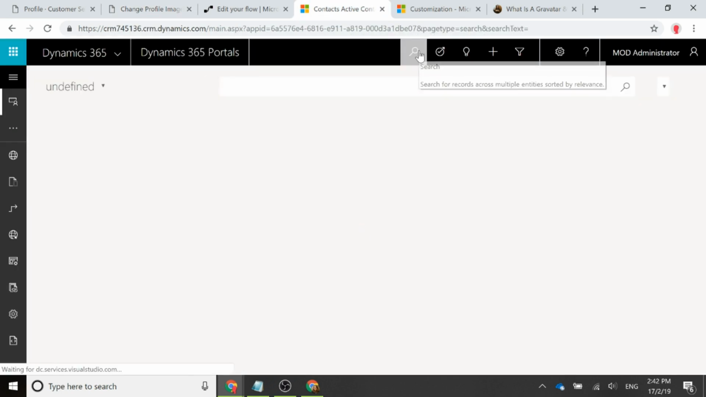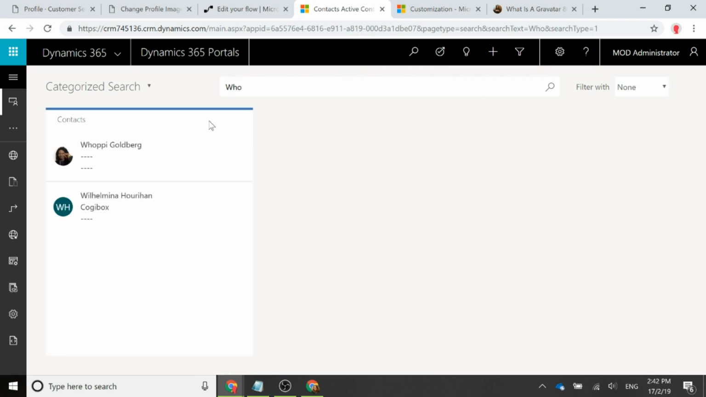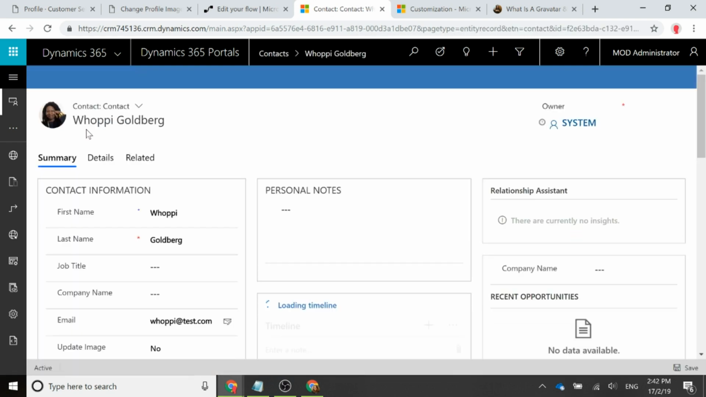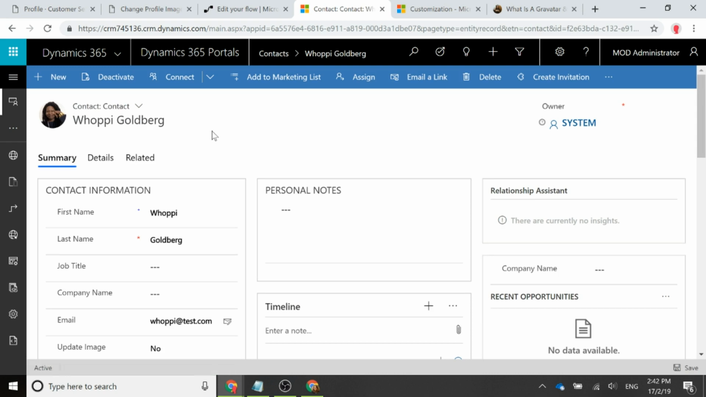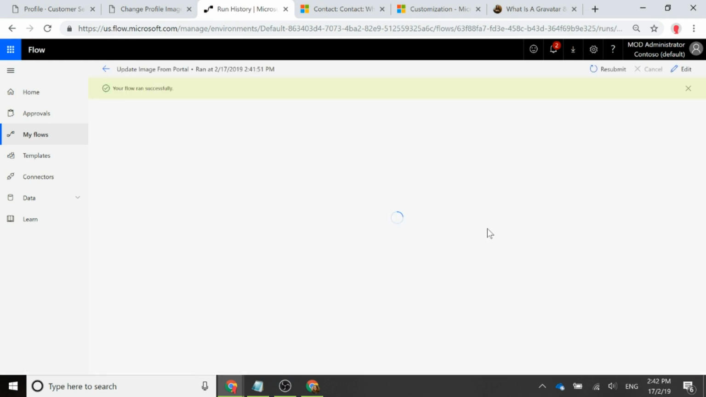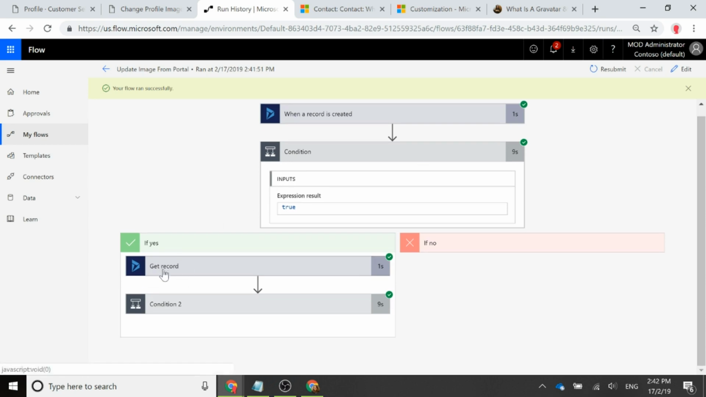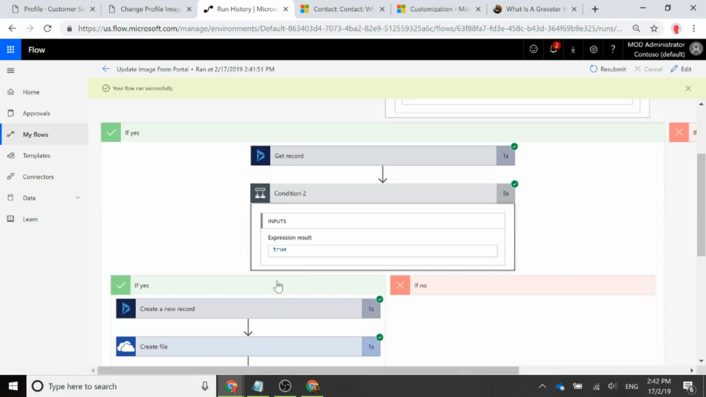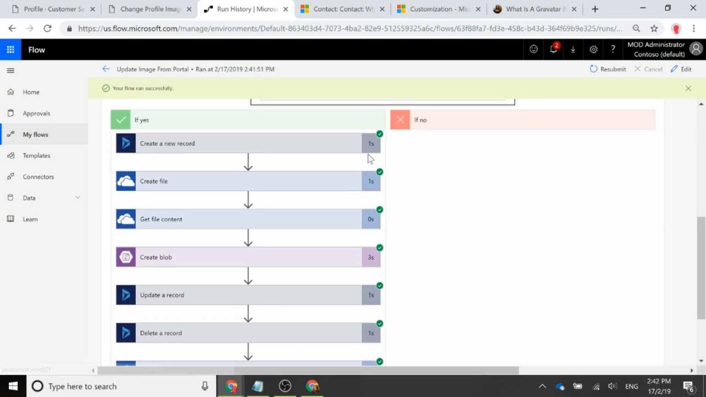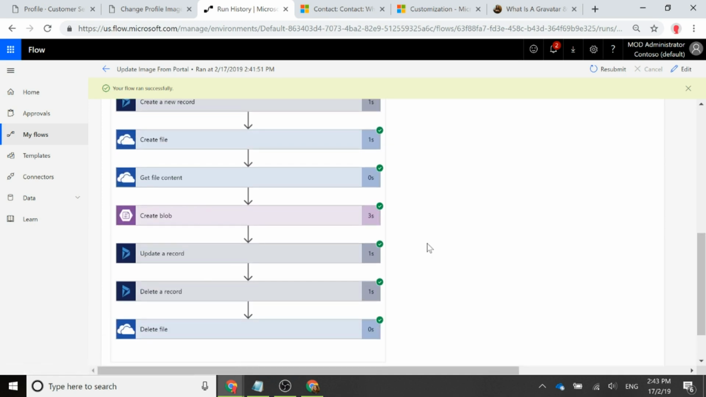If I now go into Dynamics and search for Whoopi, we can see that her image is now being used on the contact record in Dynamics 365. If we then go back to our flow, we can see here it ran successfully. The first condition was met with true. We went down to the next condition and that was met with true. And then we can see the green ticks next to all of these steps